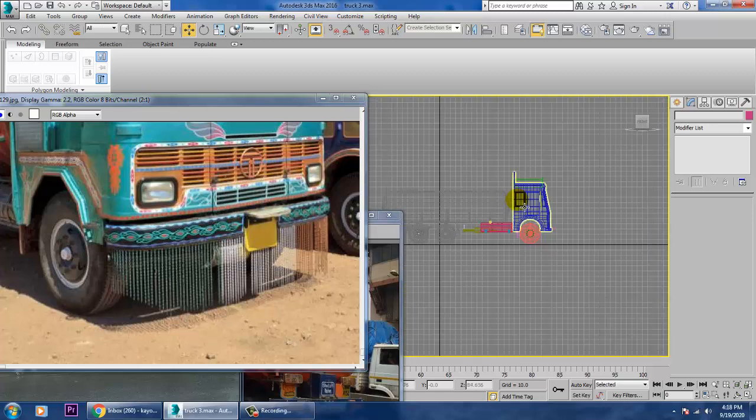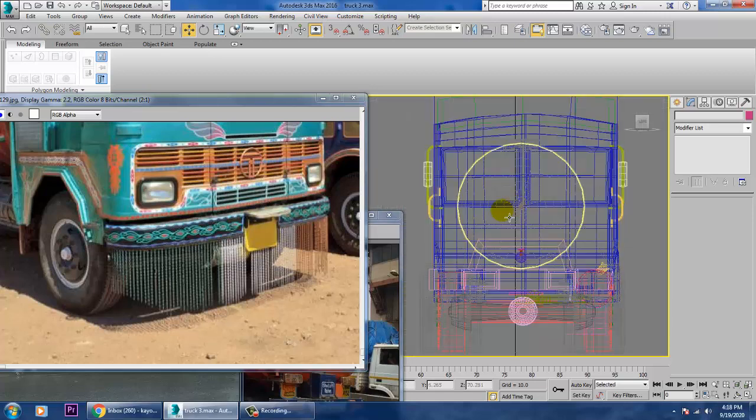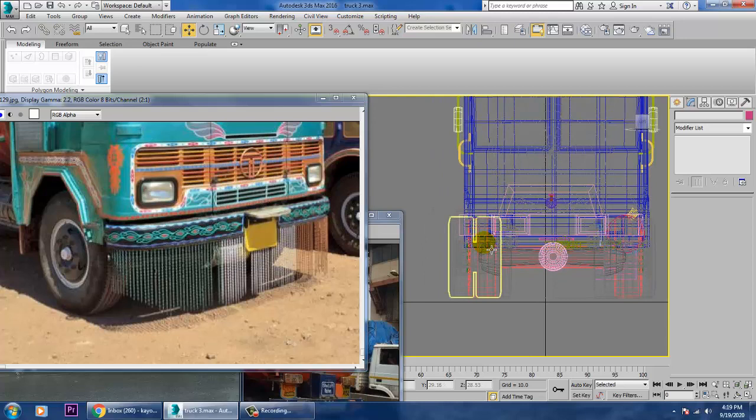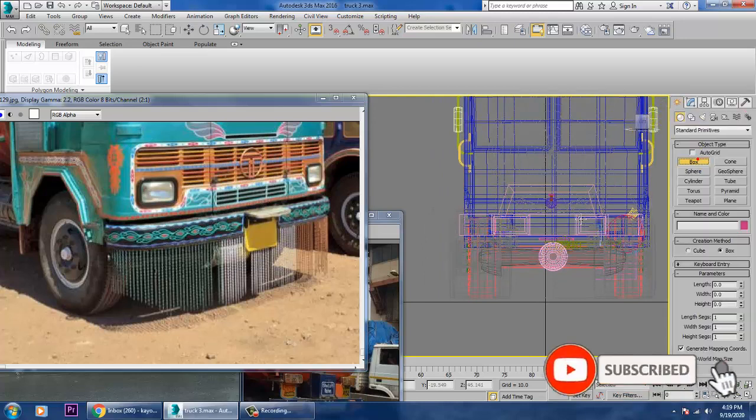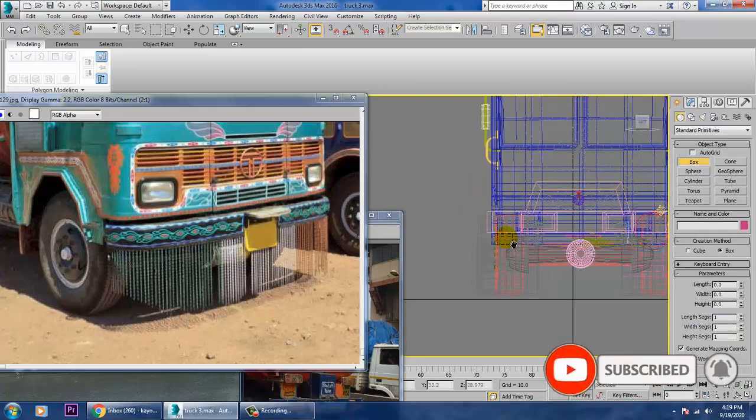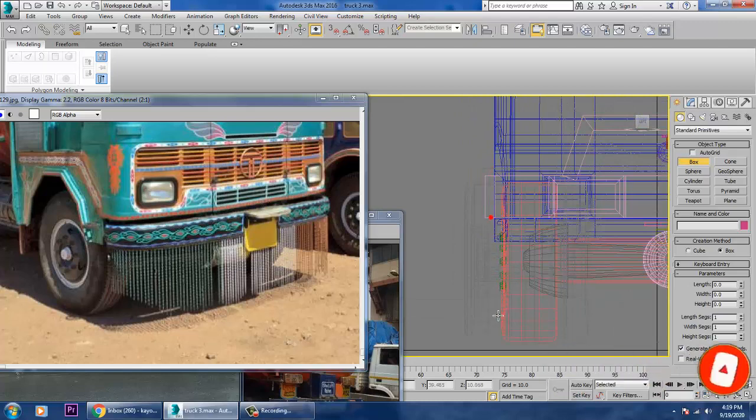So let's go into this view over here. Just take a line over here. Just take a thin line.